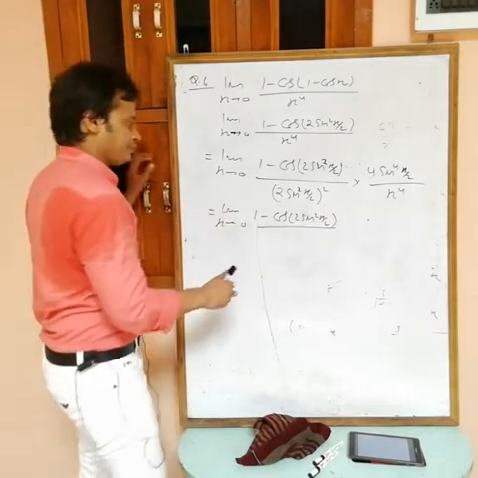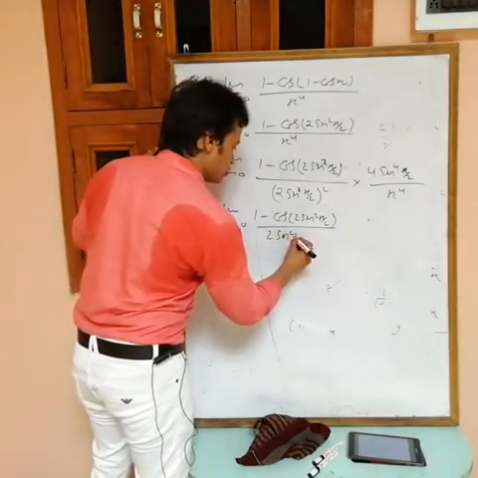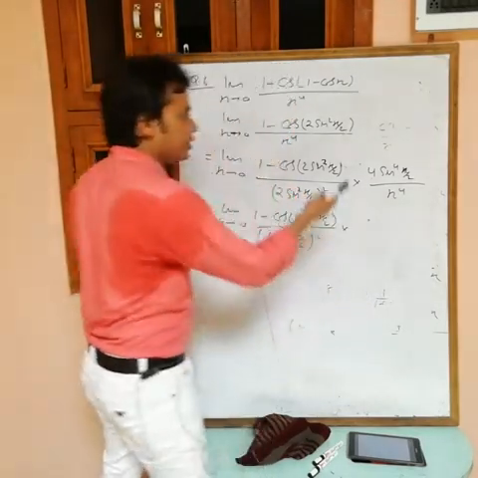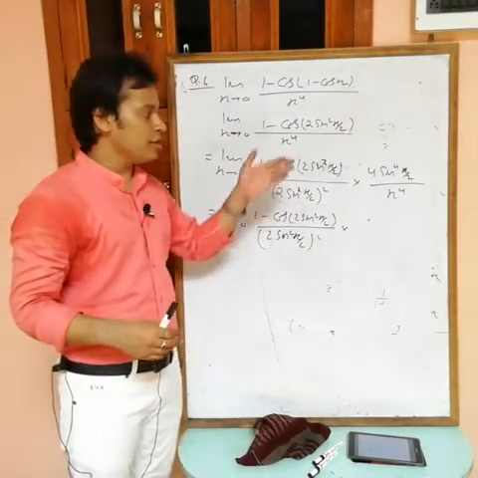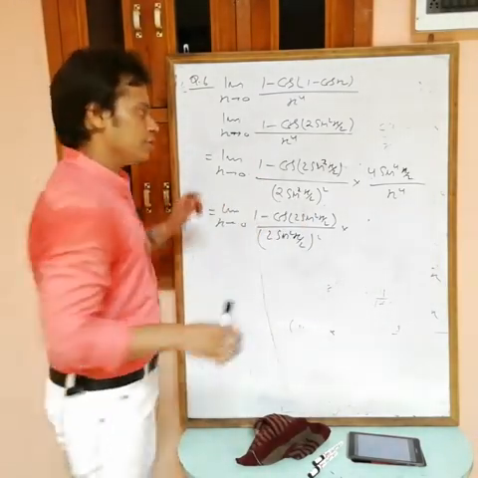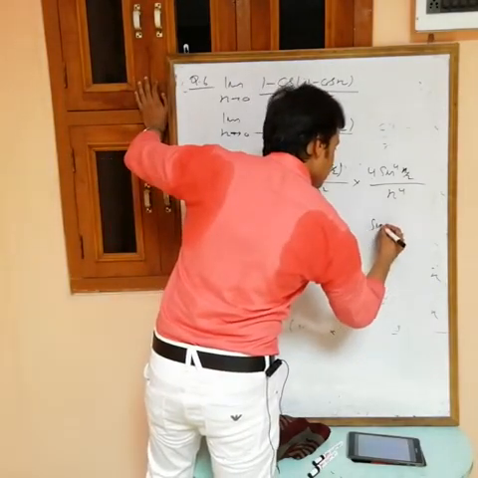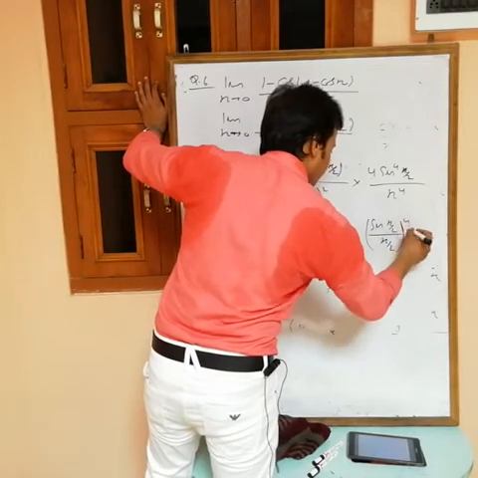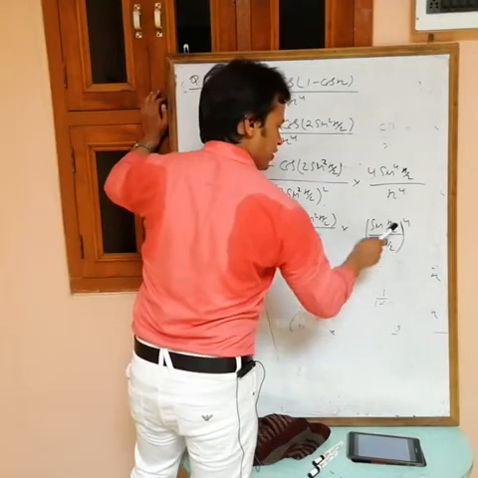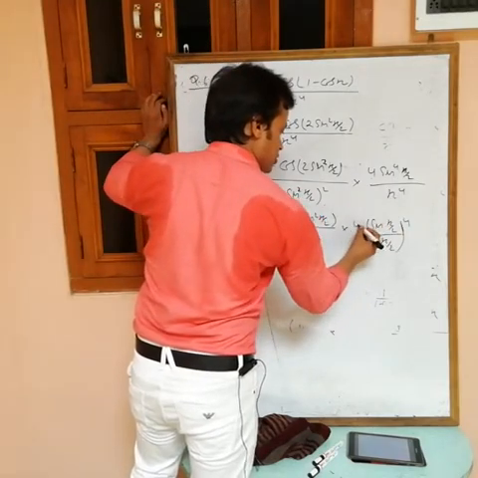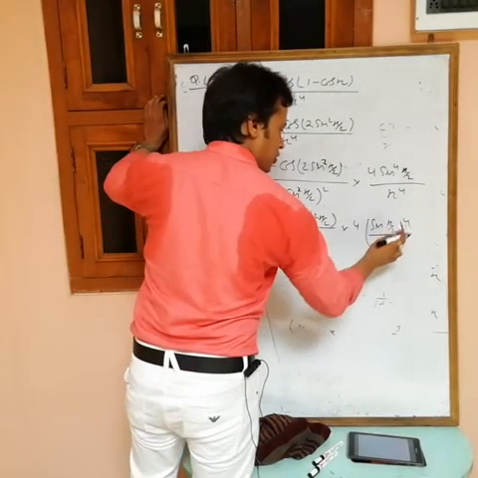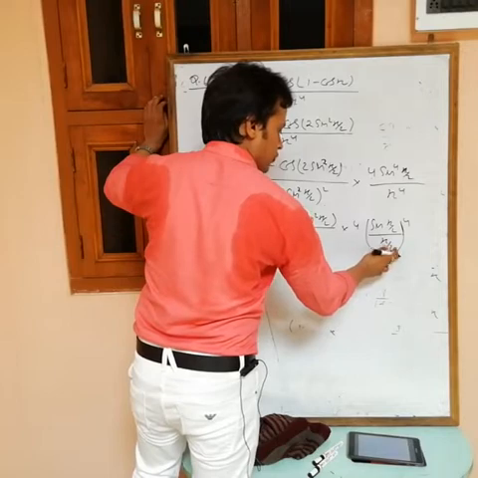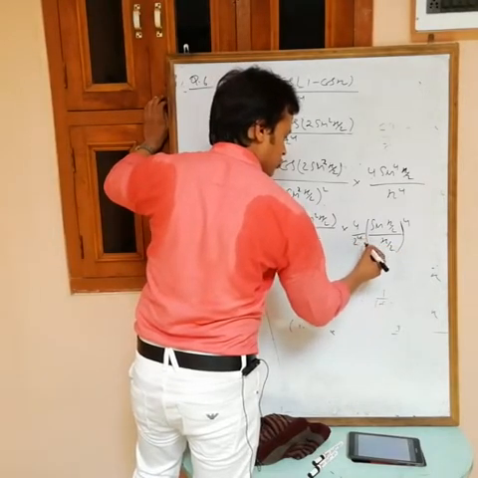Okay, 2 sin square x by 2 whole square. Now how can I convert? Okay, sin x by 2, I can also write this one in sin x by x form. See, sin x by 2 by x by 2 power 4. Now if you take power 4, then x power 4 we have, but by 2 power 4, there is no 2 power 4, then in multiplication 2 power 4.